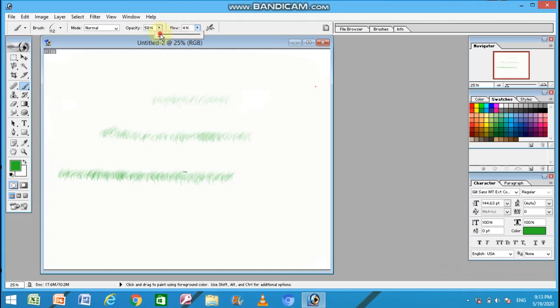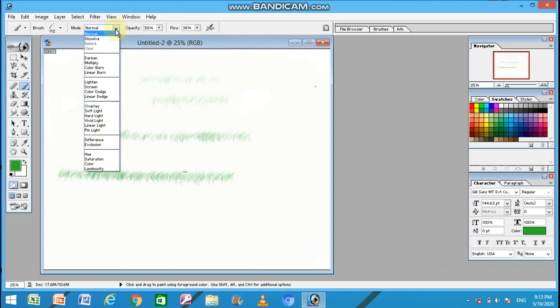And when you decrease it, so the flow is 4%, the color will flow according to the percentage. Very few amount of color is flowing per second. Here in the mode you will find various modes of the brush.